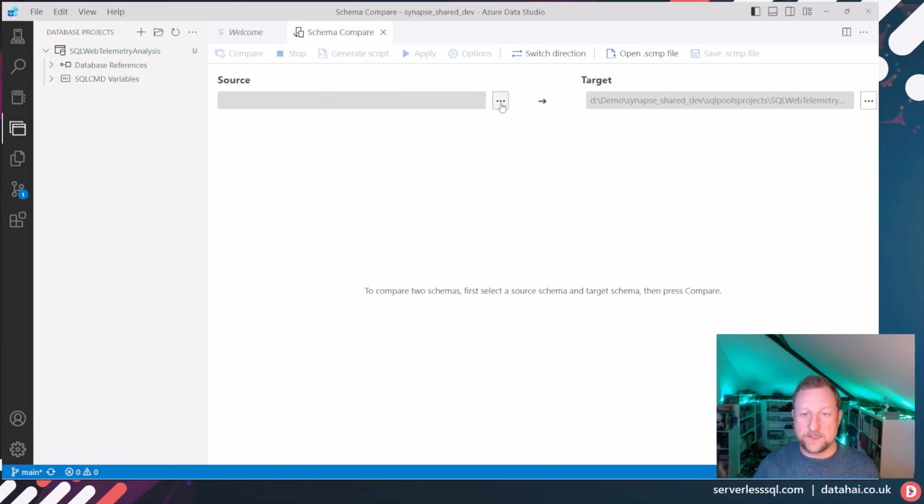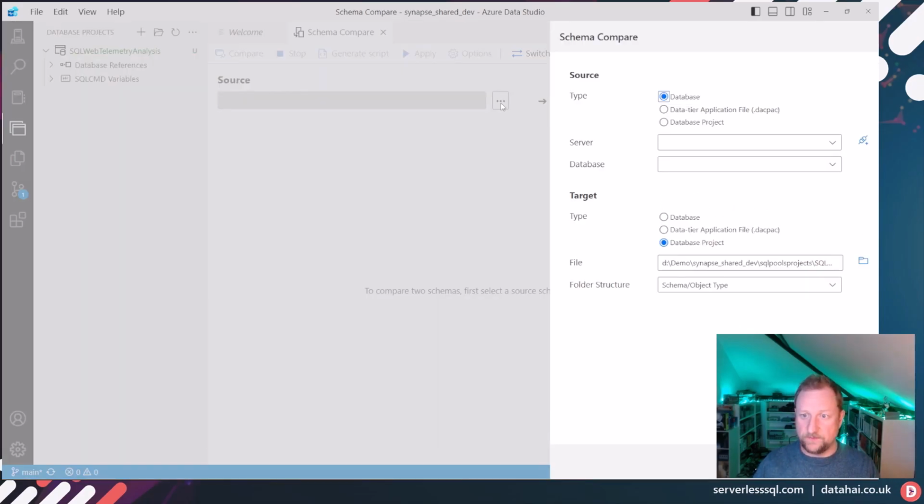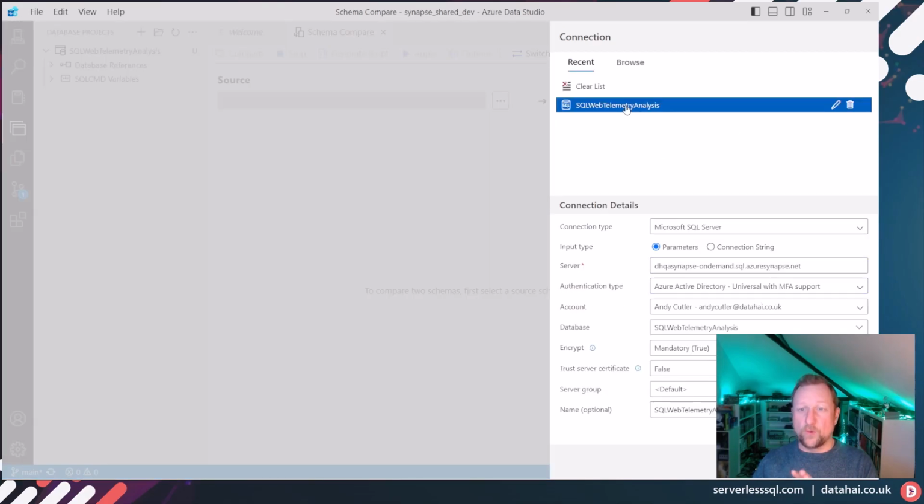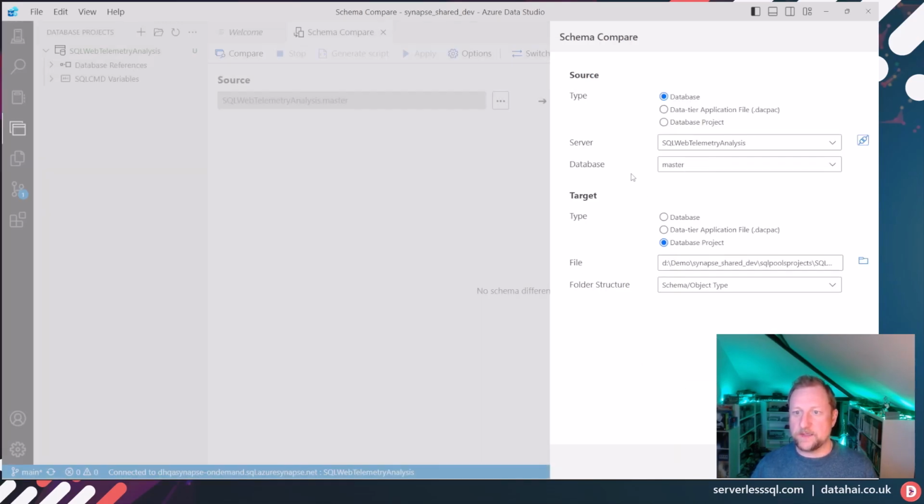I'm going to select the connection to the serverless SQL pool. I've already set the connection up, so I'm going to select my database, click connect, and then just make sure that the database here is set to the web telemetry analysis. The target is the database project. I'm just going to keep the defaults